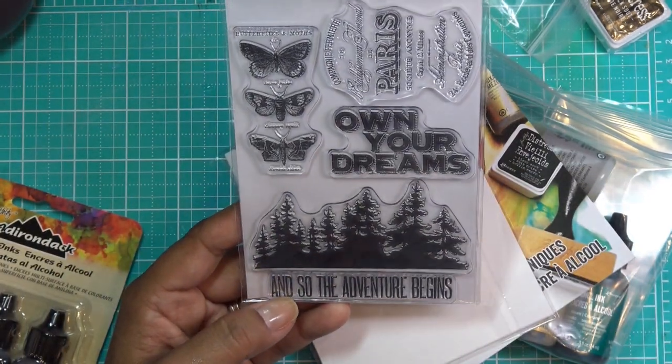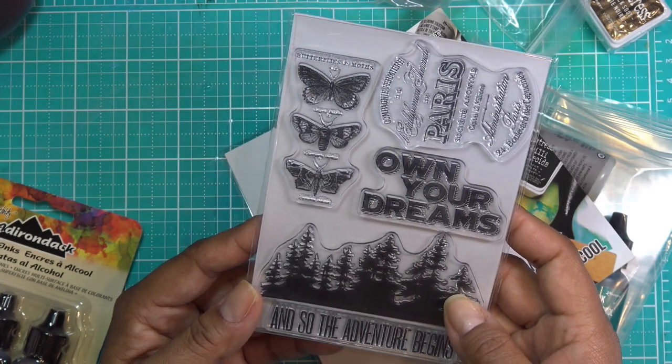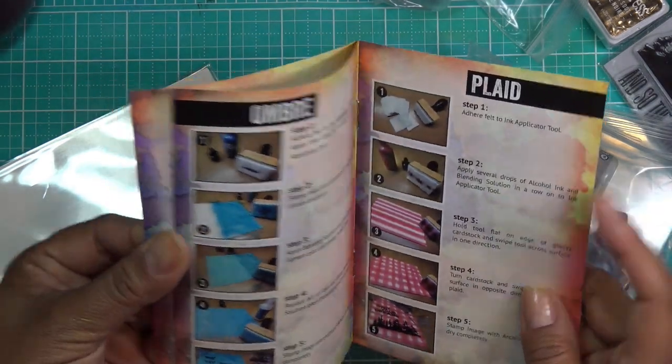Cute stamp set, own your dreams, and so the adventure begins. And it has a cute label looking thing, and then the butterflies in the trees. The glossy paper that I will use, because I will use what comes in this thing. Instructions,